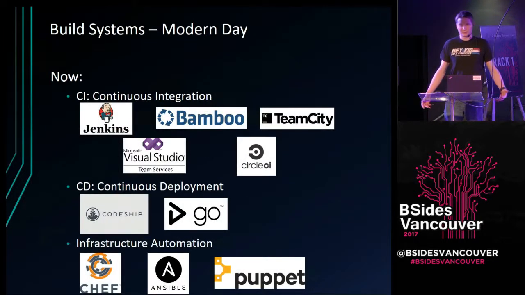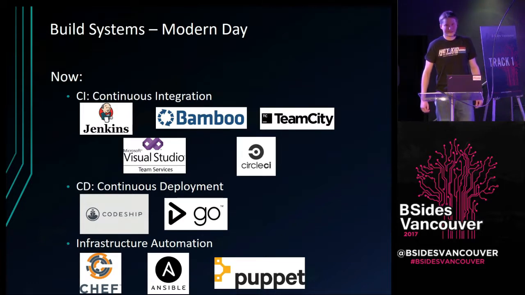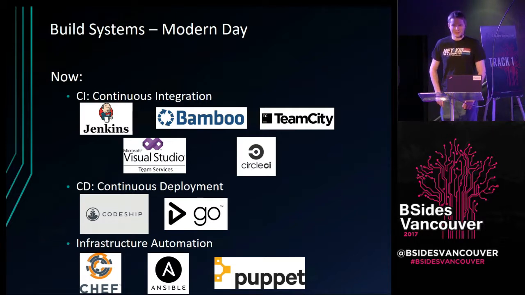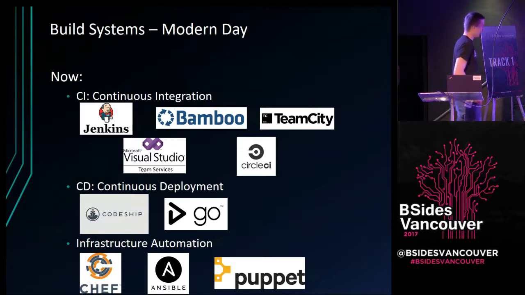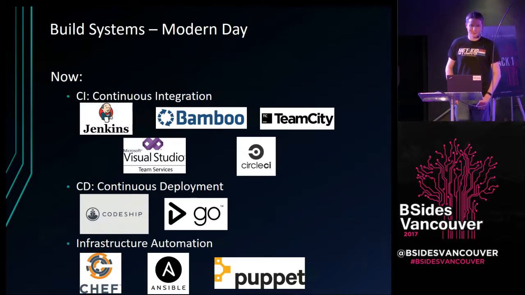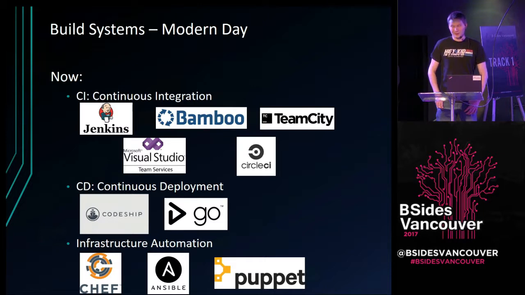So when I talked to a few people and said, hey, I'm going to talk at B-Sides, it's on continuous integration systems, these were developers or other people that know about these things. They said, oh, what's a CI system? So I figured I'd put up some logos, because when I tell someone, well, like Jenkins, it's a continuous integration system, they say, oh, like Jenkins, okay. So I just picked some of the popular ones, the ones that I recognize most.